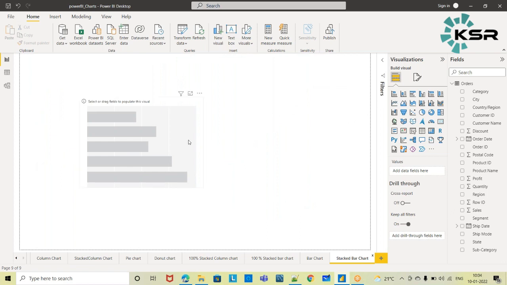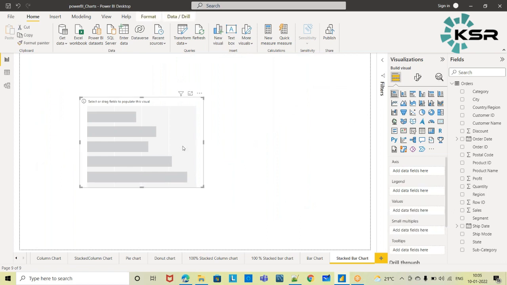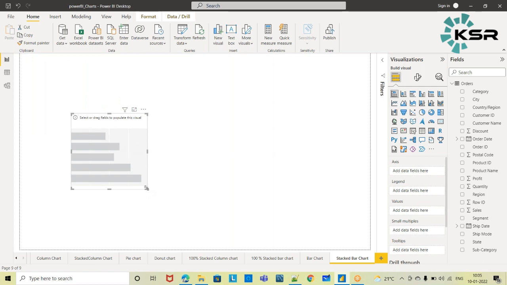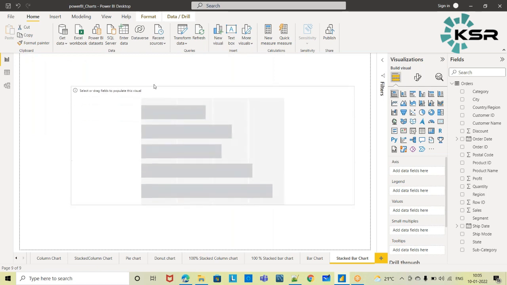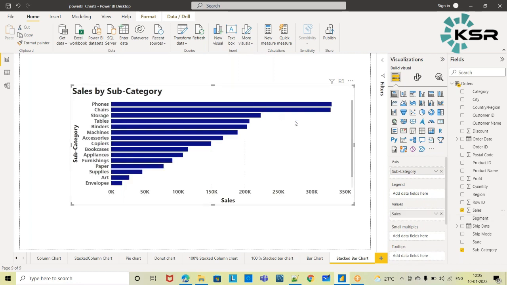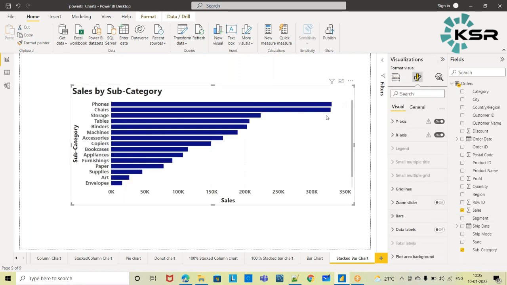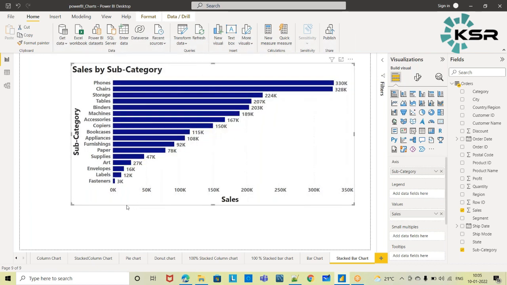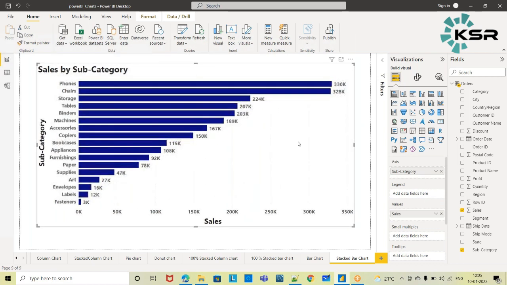So let us drag the skeleton here. This will be the skeleton. I am drag and dropping the skeleton here. So within the subcategory, if I want to see the sales, I can see it, right? If the values are not displaying, just go to this format option and turn on the data labels. Again, what I asked, region wise, I want to understand for each of this subcategory. So in the legend, I'll just drag and drop the region.